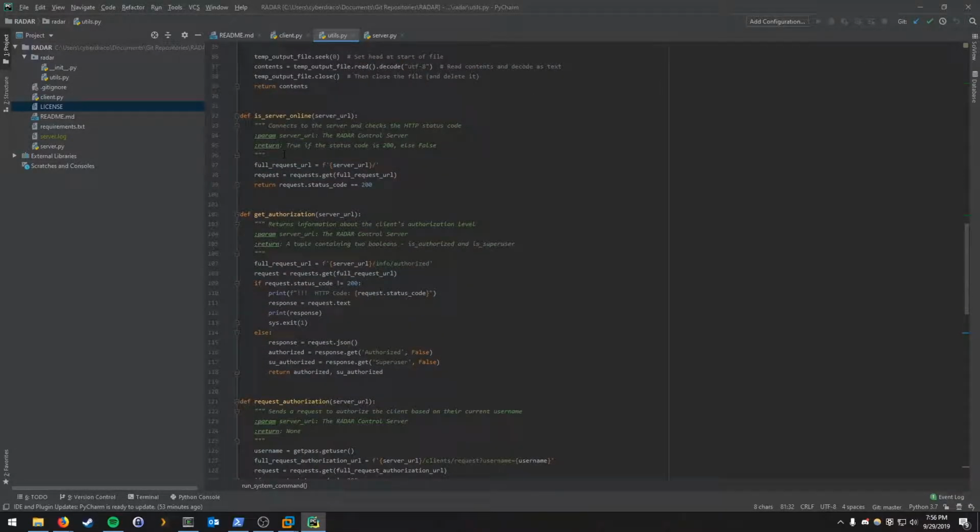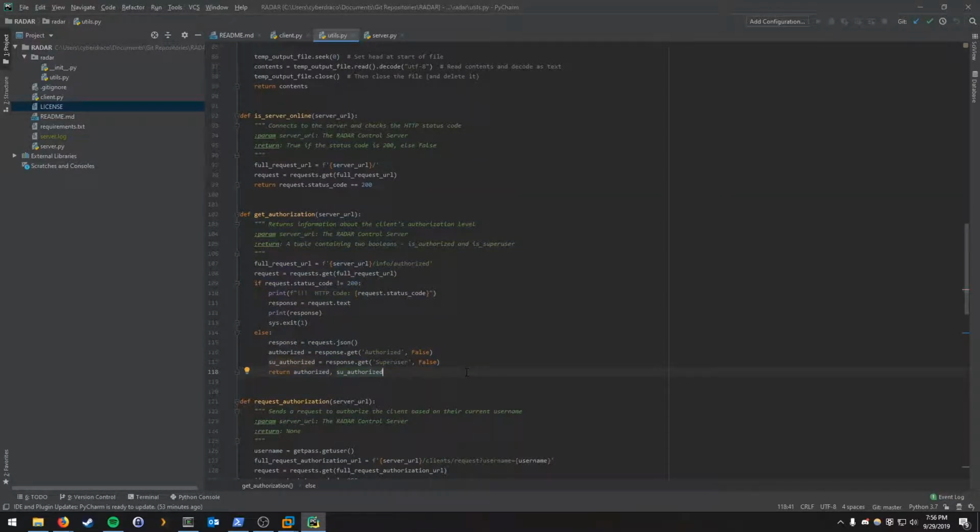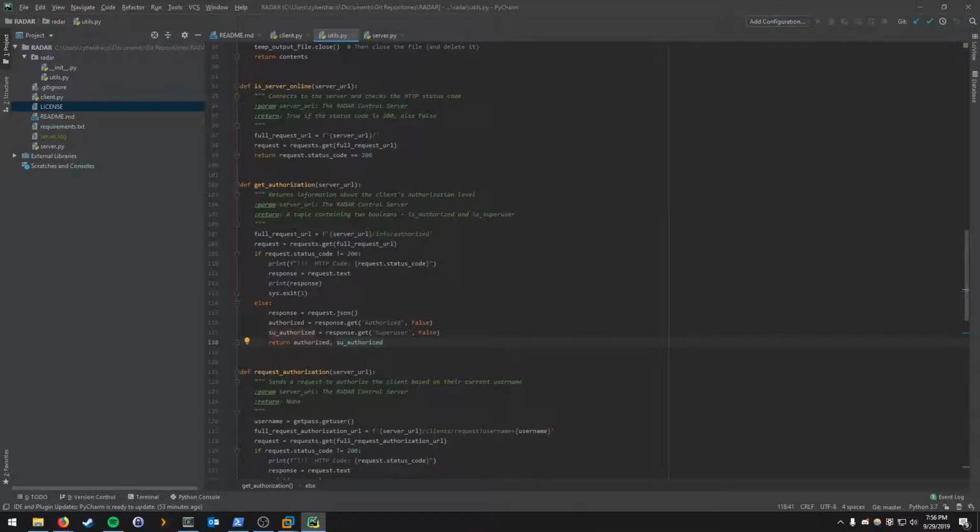This is an example of what a method that interacts with the server looks like. So it builds the full URL, just like if it was a web page, and then uses the requests library to send a GET request or a POST request in some instances to the URL. Then it checks to make sure it has been a successful request, and if so, it then runs whatever code it needs to. This method is just checking to see if the user is authorized or not,